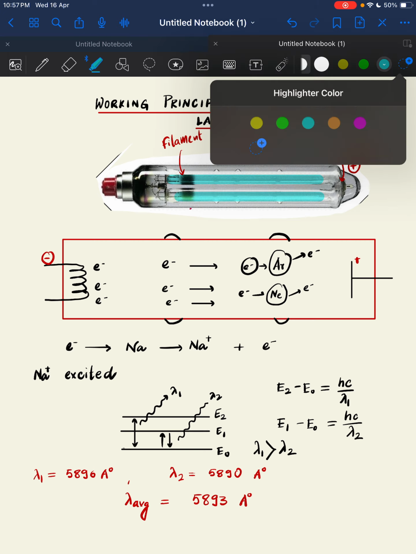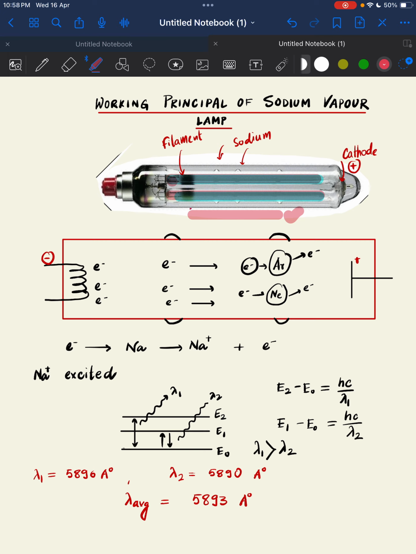Let me just select the color. The actual color was almost like this, a pink orange color. This color is due to the collision of electrons with the argon and neon gases,